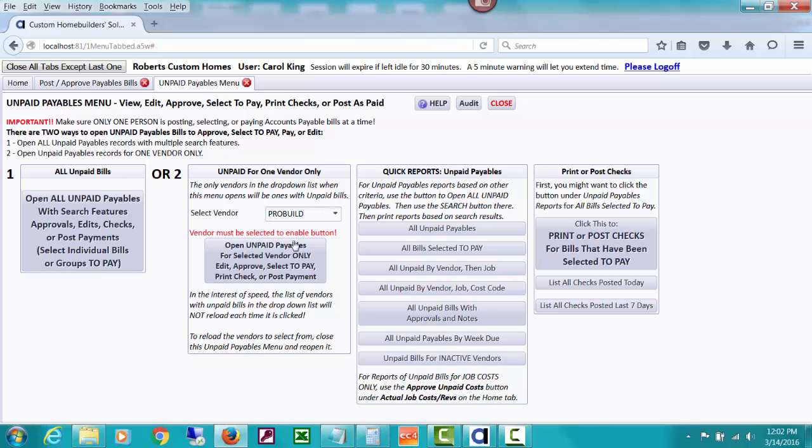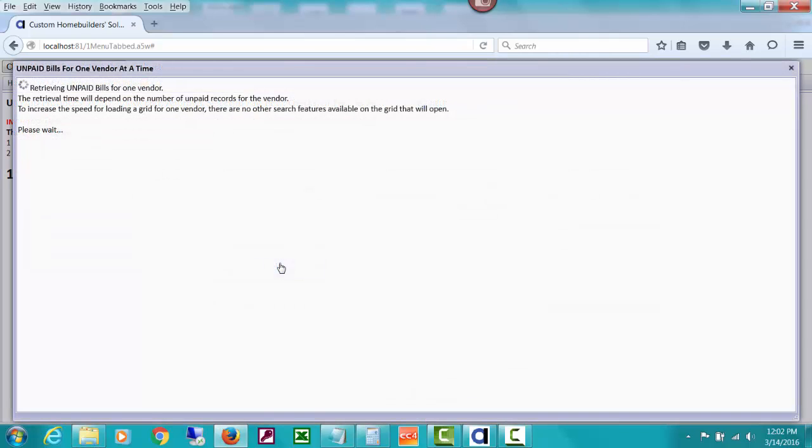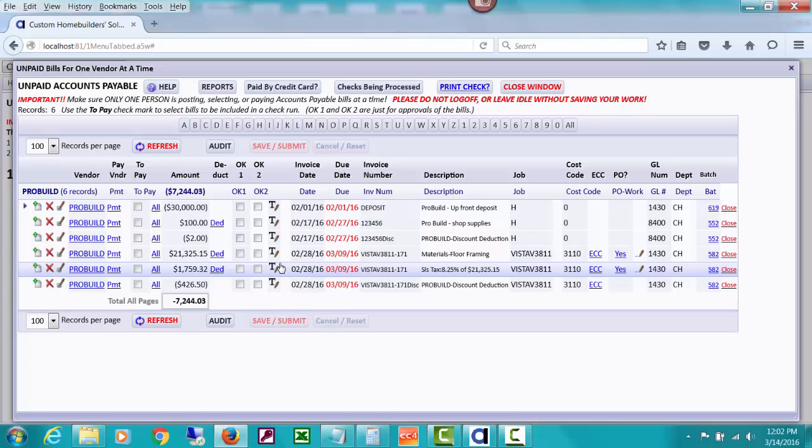So now let's open the unpaid payables again for ProBuild, and that positive 30 amount should be gone. So notice what happens by the fact that the negative 30,000 is remaining here: we posted since then some other invoices, and we're getting down to we still have a deposit on hand to them of $7,244 because that's a minus amount. So we would keep posting invoices until such time as this went over our deposit and then pay all of